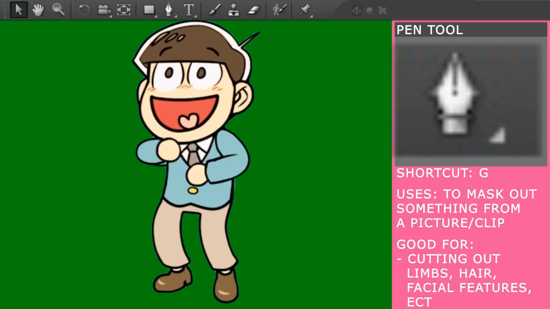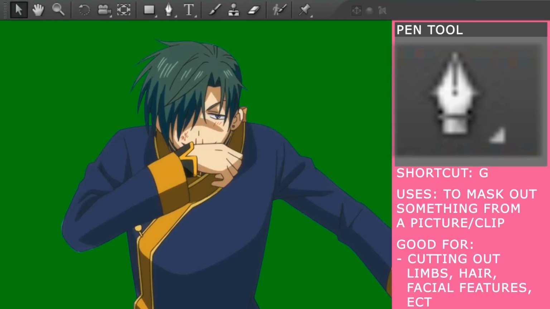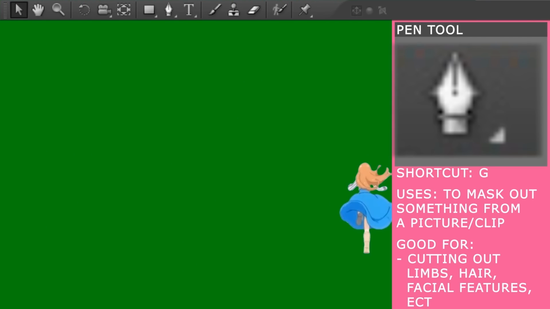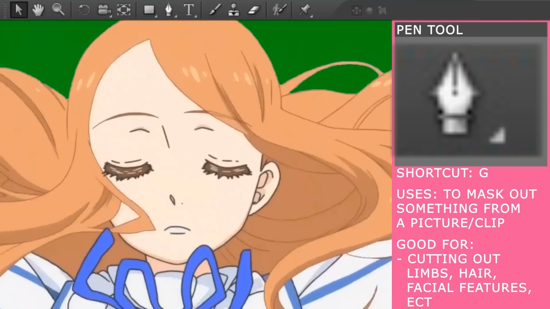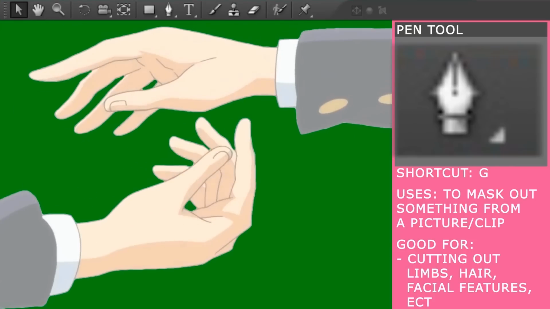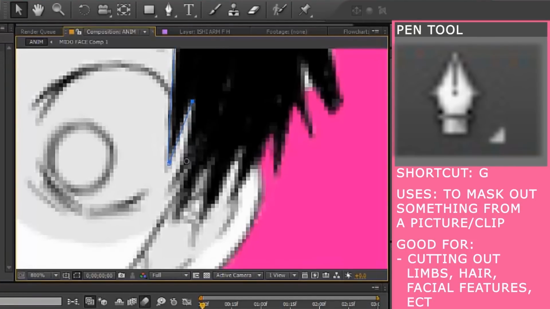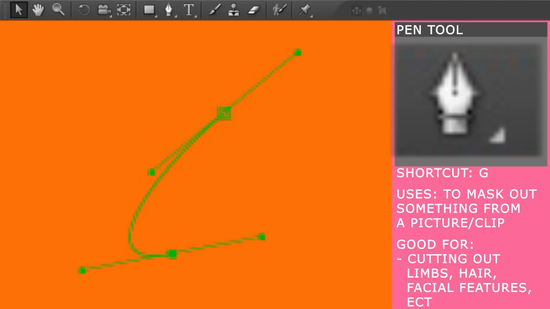It's to cut a certain part of a picture or footage out, so you only have that, like to mask a head or the body or whatever. In AE, you just plot the points, and the only thing really noteworthy about plotting points is that if you hold down your cursor and drag it, then you can get a curve.